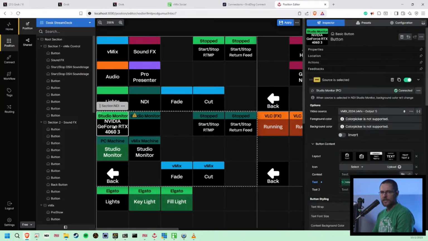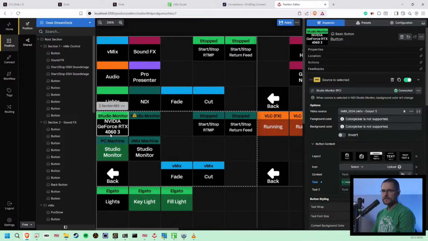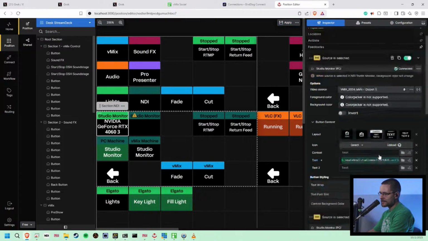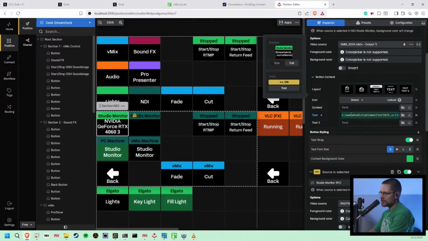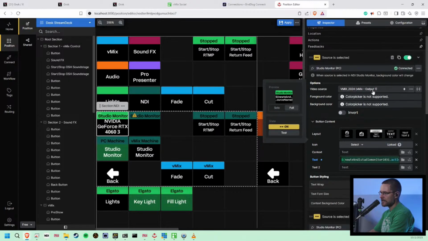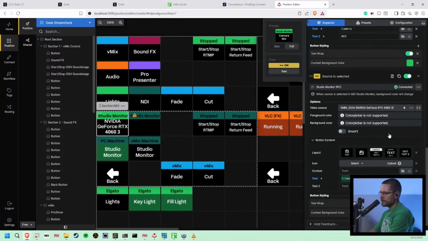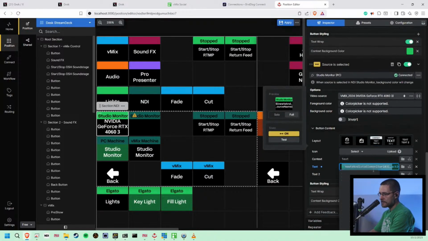It doesn't actually change the text if you select a different font size. Yeah, it doesn't change it. So unfortunately, on the Stream Deck, when this source is picked, it shows... you know what? This is the feedback button, right? Sources select on the PC. If it's selected as vMix 1 out, do this. If it's selected as 1, do that. If it's selected as this, we can change this to say,